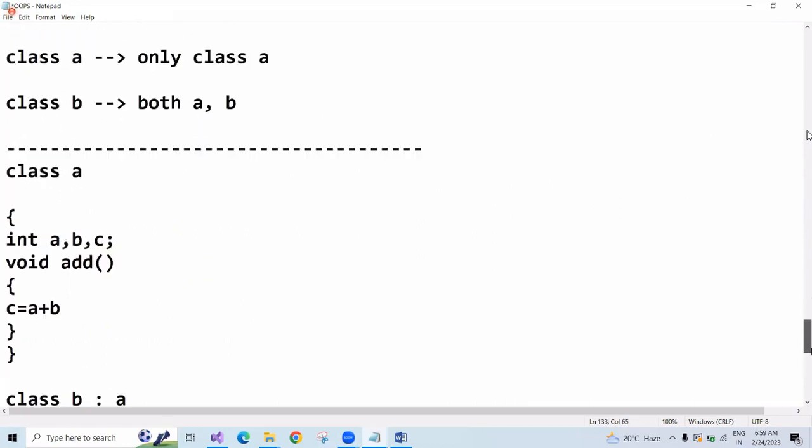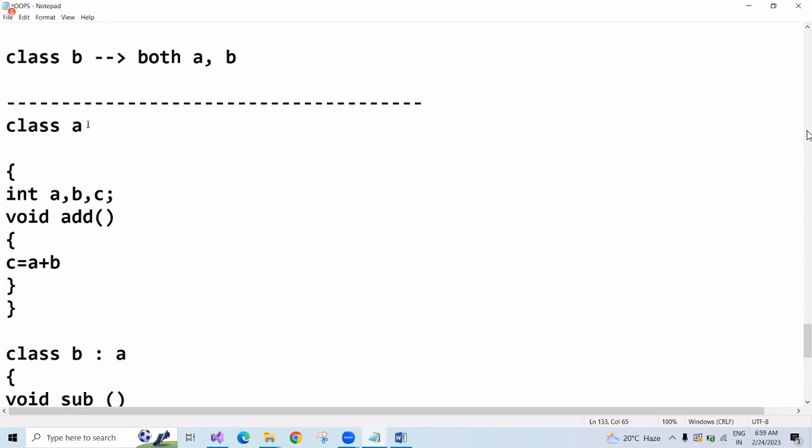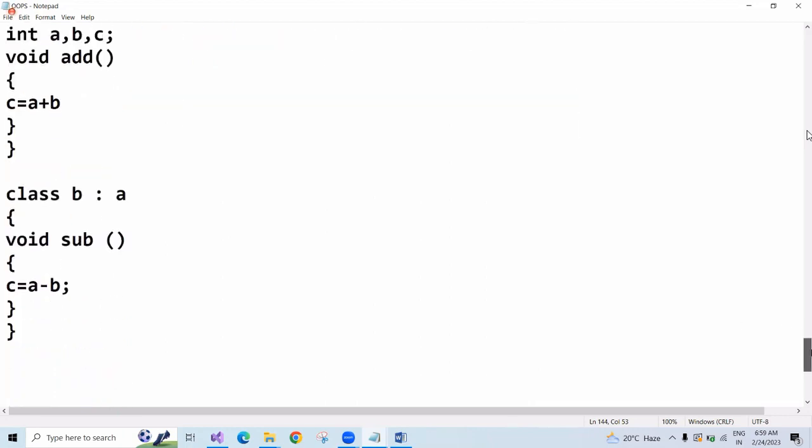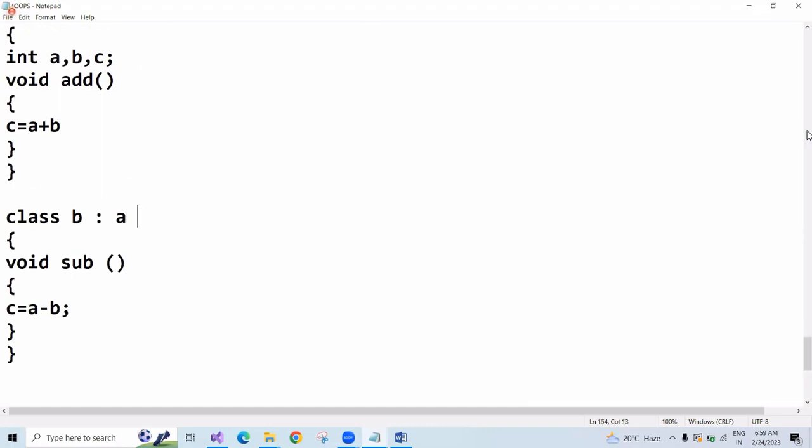So who is the base class here? Class A, and we can call this class A the base class, superclass, or parent class. And this class B is called the derived class,